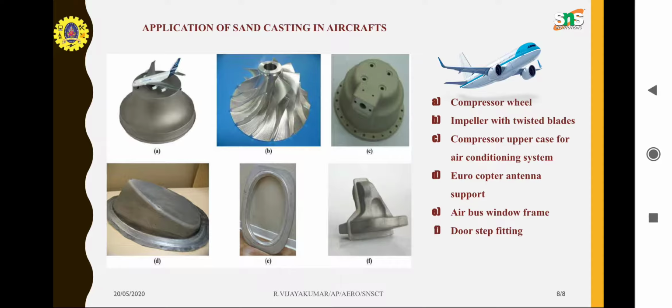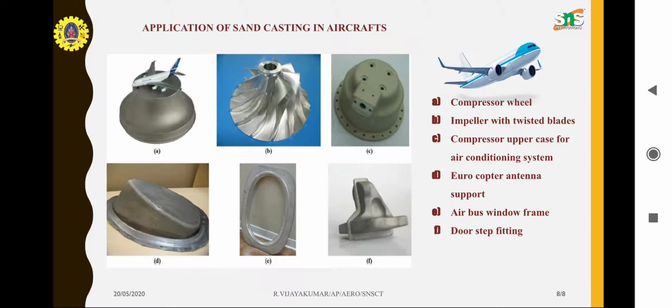And the second one is the Eurocopter antenna support. It's a support, the Eurocopter antenna support. This is also manufactured under sand casting. And the second one is the Airbus window frame. And the fourth one is the door step fitting, and n number of casting products, n number of materials are cast